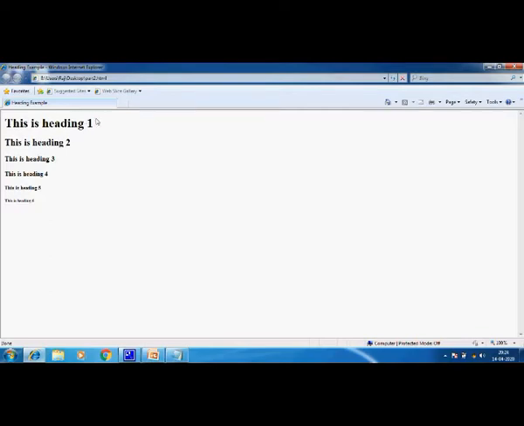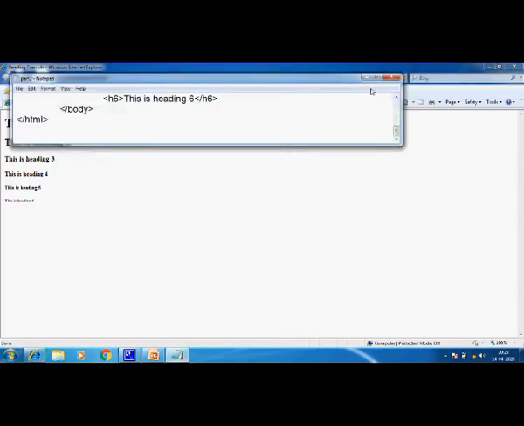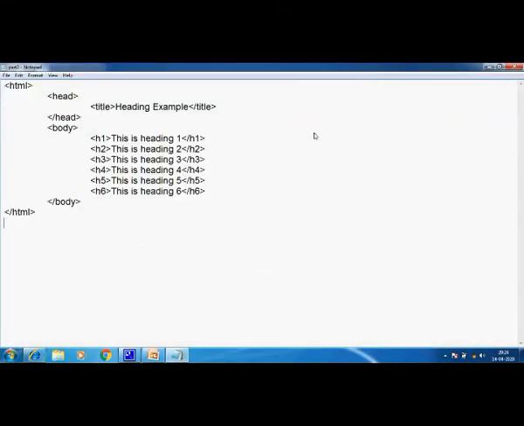This is a heading 1, that means this is the H1 heading, H2, H3, H4, H5 and H6. See, it's so small, the H6 one, right? So in our page, if we need to put any heading, we can use these tags. So these are my tags. Right children? Hope you have understood.